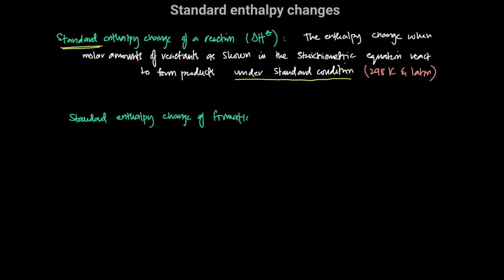Here we have delta H. For standard conditions we use the symbol theta. We have delta H theta, and then for formation we use the subscript f. So this symbol represents the standard enthalpy change of formation. The standard enthalpy change of formation can be defined as the enthalpy change when